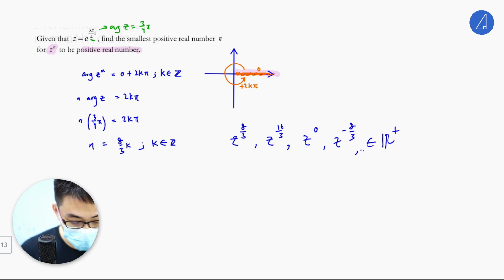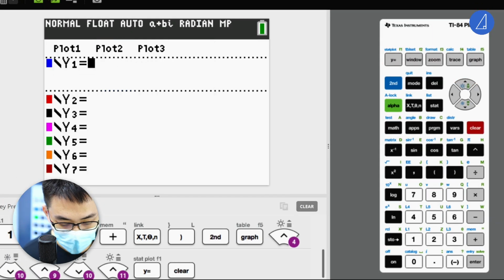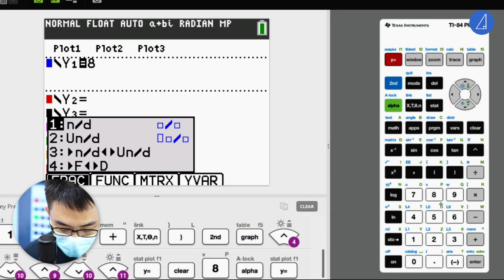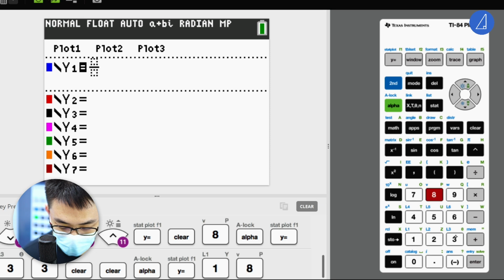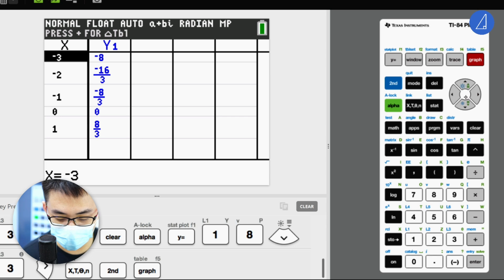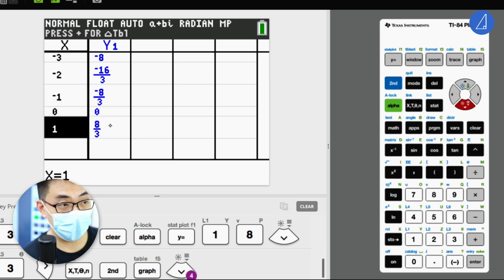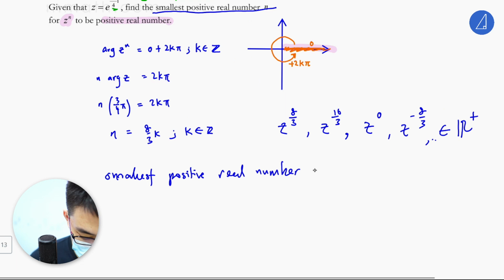So the question now is, what is the smallest positive real number n? In this case here, you put 8/3k. You put it in, actually it's very easy to tell that the smallest positive is 8/3. So hence, the smallest n is